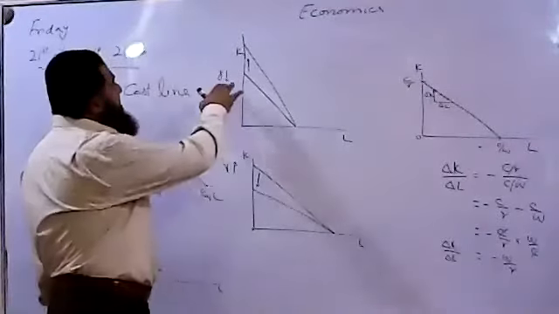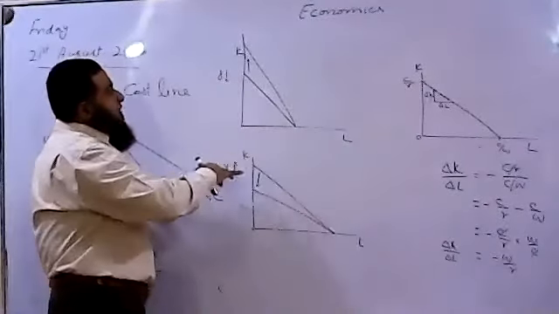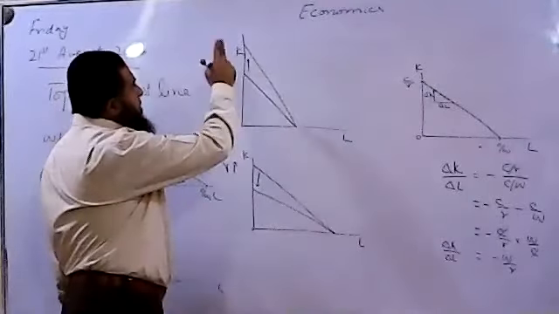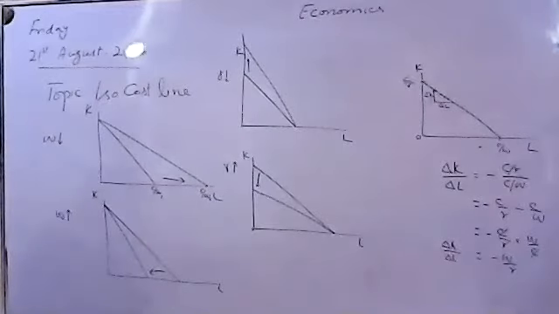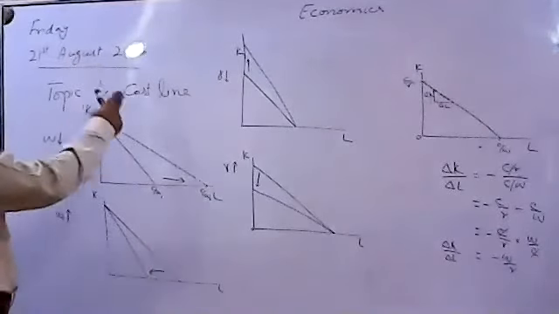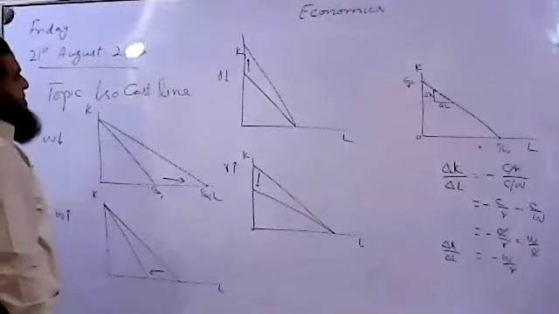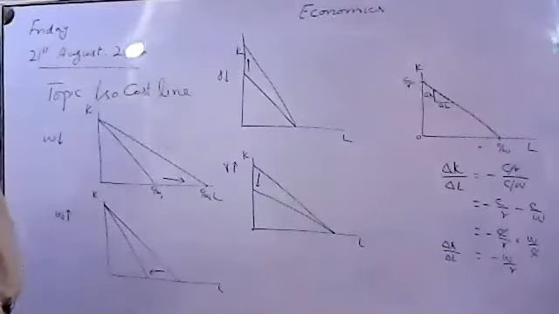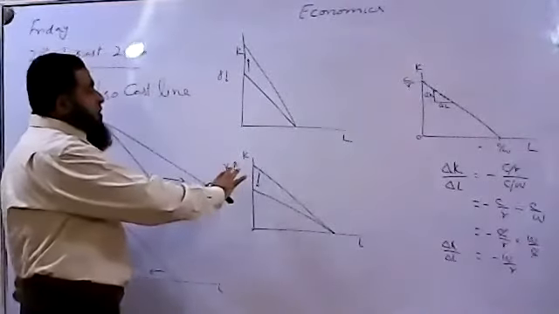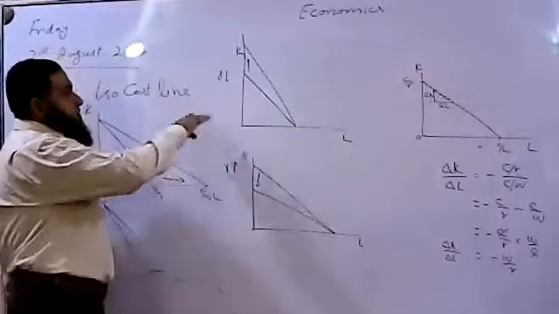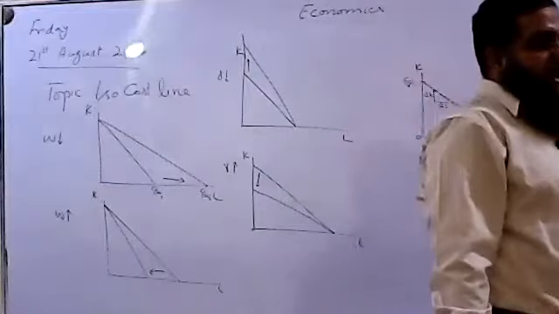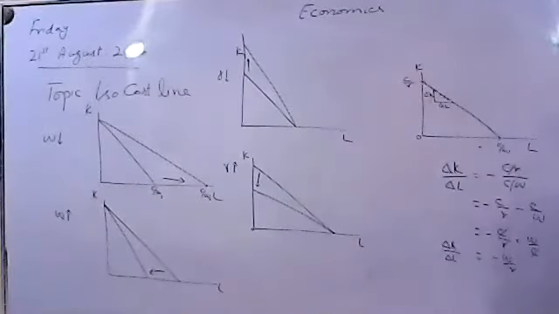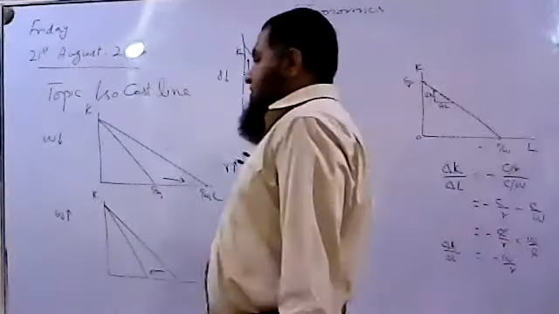Same is the case when the interest rate is falling, we are having an outward rotation. So when the interest rate falls, it becomes, you can say, steeper from this side. But in other words, we can say from the vertical side, it is going out. And same is the case. I mean to say that the slope of the isocost line will be changing due to the changes in wages and the rate of interest. Its slope is changing when wages and the rate of interest are changing.